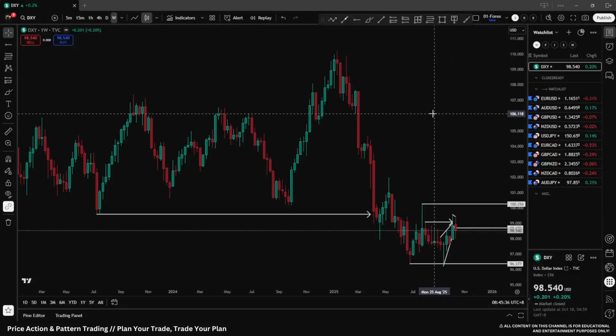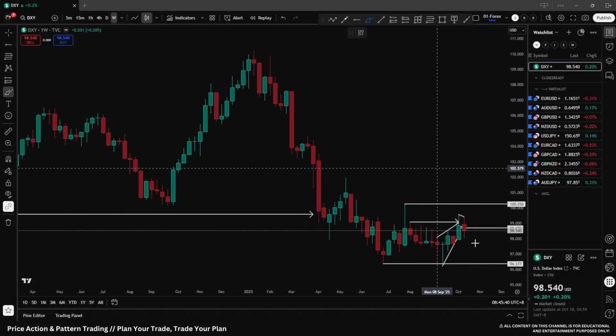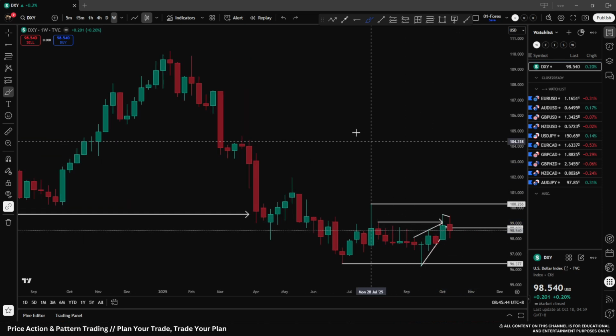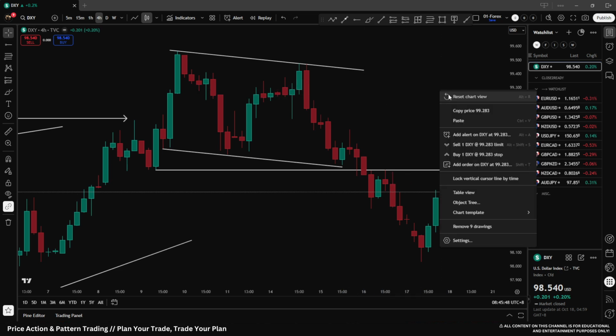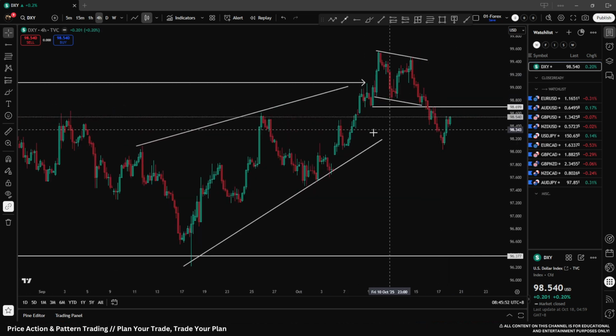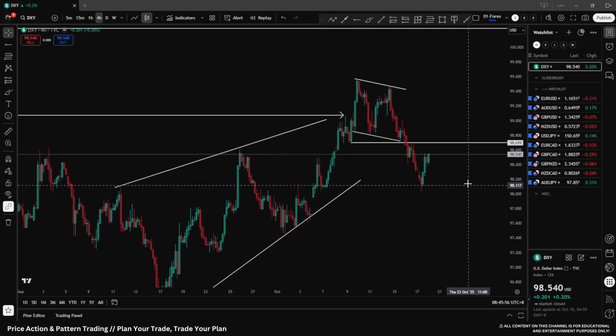Let's start on the DXY on the weekly time frame, and once again we finish the week on neutral price action. It is interesting times. As soon as price is showing some directional movements, one day of price action immediately makes the whole forecast obsolete again. So that means for us we have to be flexible in our own personal bias.